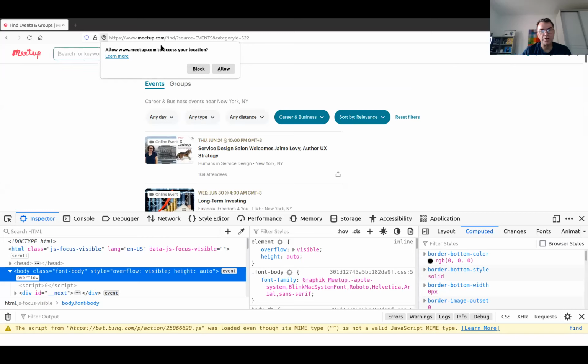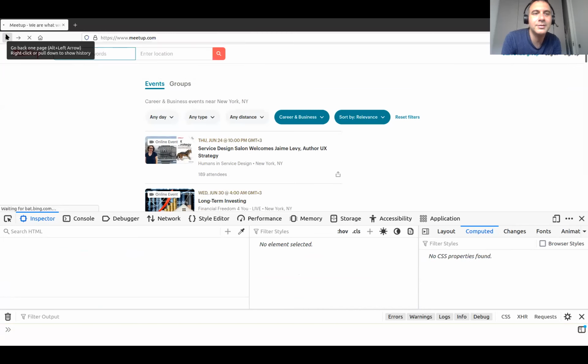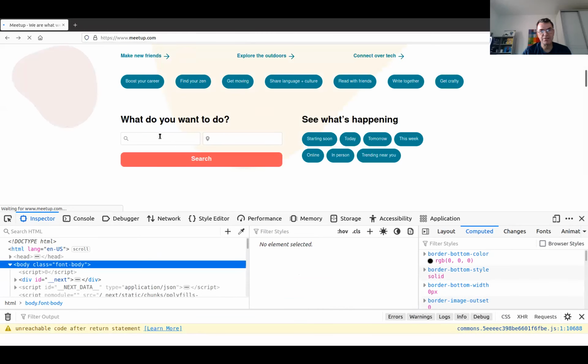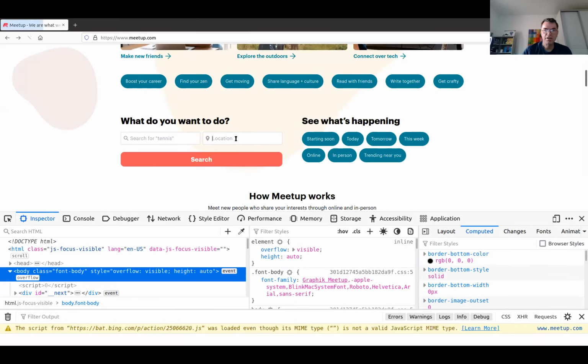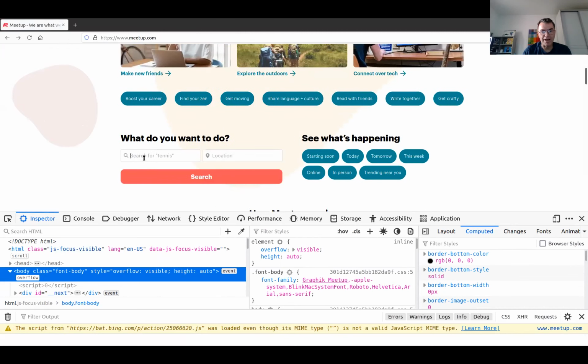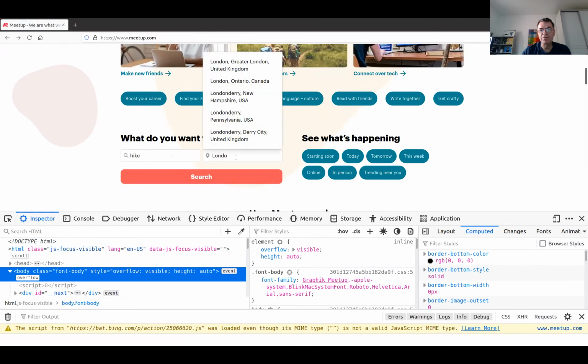Okay, search for. Can I get rid of this? Search from the homepage. You can click back. This horrible thing. So I can set the location where I am, London, and I would like to go on a hike. Okay, you see, I don't know what happened here, but it didn't like what I just did.